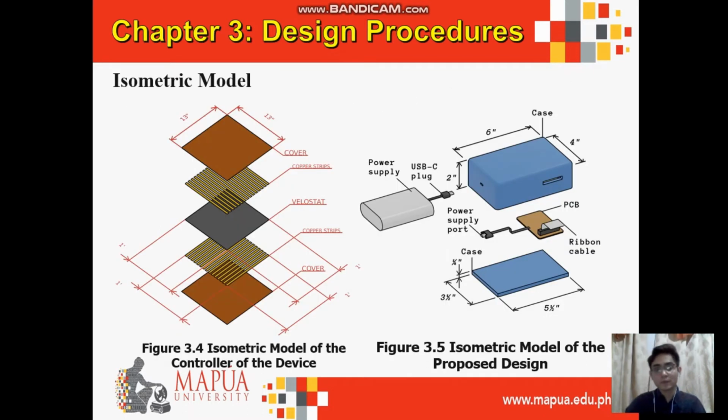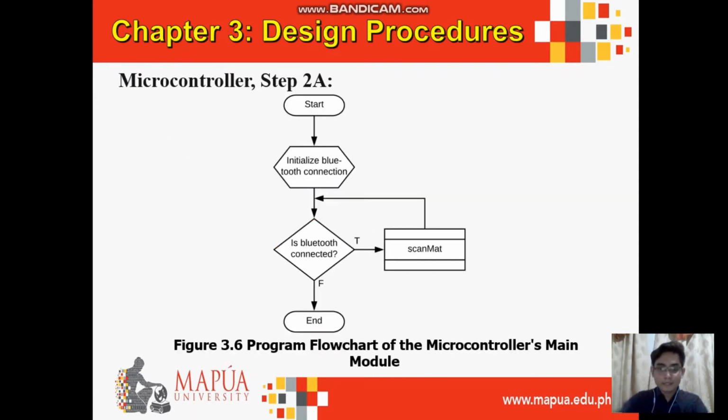Next, we have the isometric model of our device. Here we have the isometric model of the controller of the device and the isometric model of the proposed design. Next, we have the program flow chart of the main module of the microcontroller. First, it initializes the Bluetooth connection. Next, it checks if the phone is connected to the device via Bluetooth, and if it's true, it proceeds to